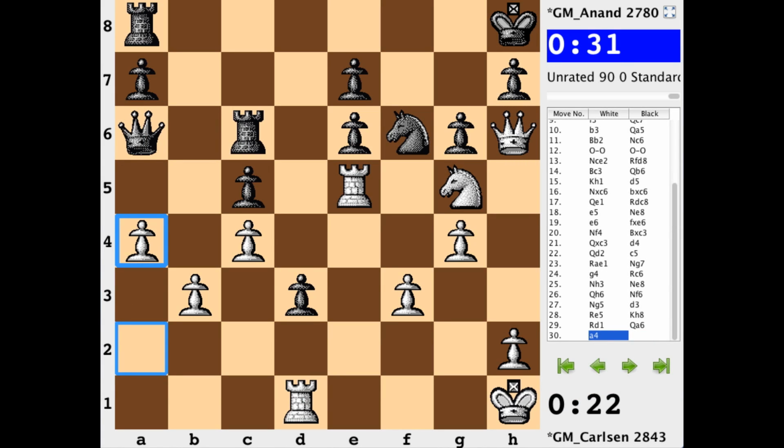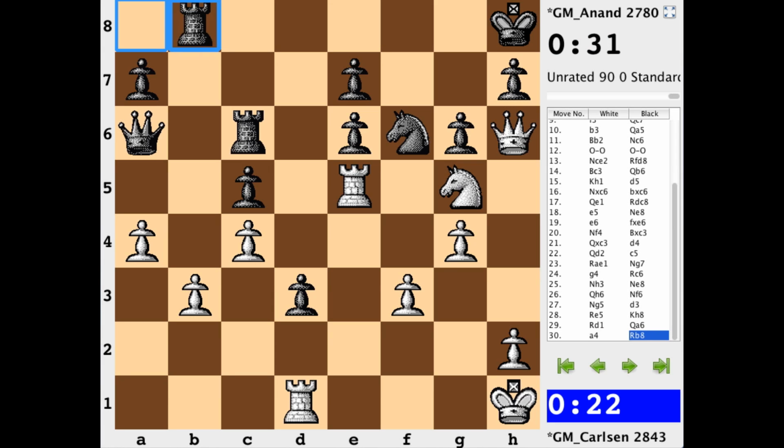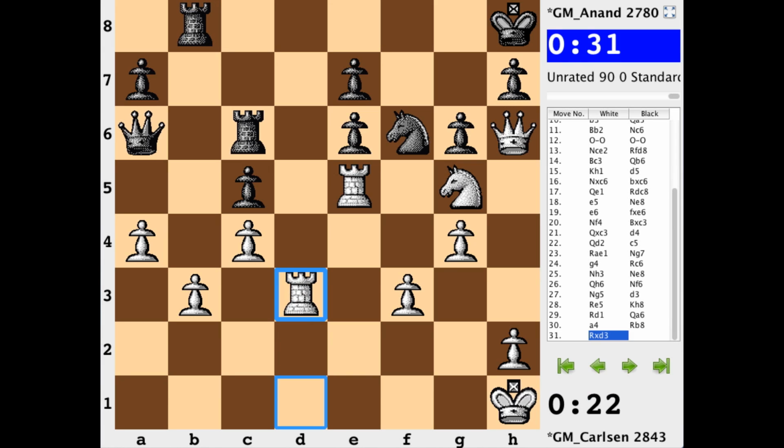Well, in this game, Anand resigned. There's absolutely nothing to do. Black is in a giant knot, and if you look at all the black pawns, none of them can move, except for this guy, but however you slice it, he's going to be taken on the next turn. What can you even do in this position? Rook b8 might be a try, but okay, you just grab on d3.